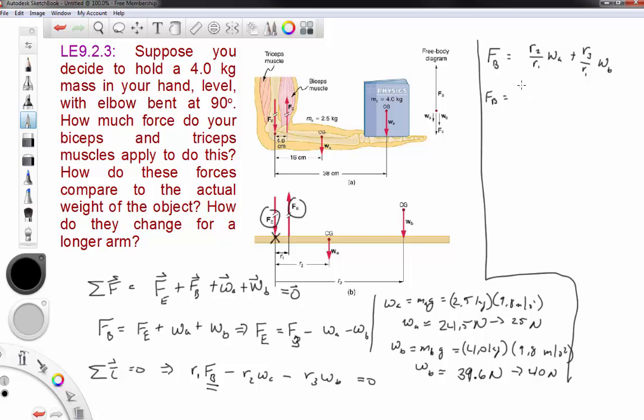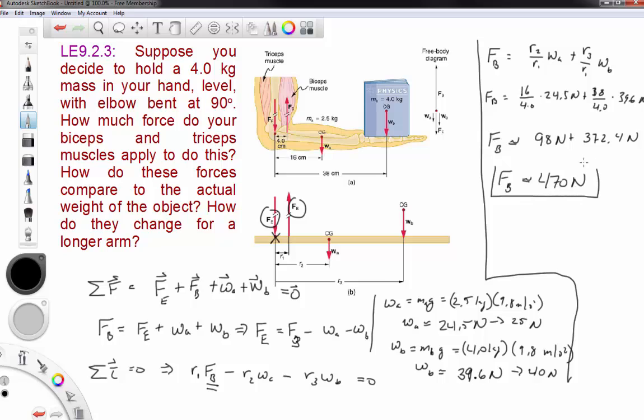So we would basically be able to eliminate the centimeters part of that and just take a strict ratio. This is basically 16 over 4.0 times 24.5 newtons plus 38 over 4.0 times 39.6 newtons. And so the bicep in this case is applying a total force of